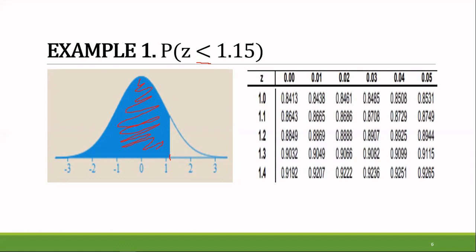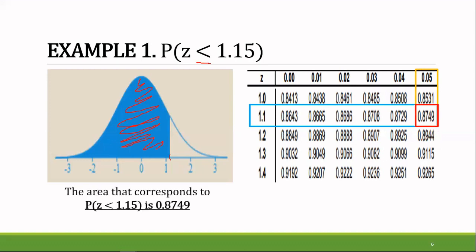Okay, so ito na yung z table natin. Then, we are looking for 1.15. So, sabi ko nga, hanapin muna natin sa vertical part. So, ayan yung 1.1. And then we are looking for the hundredths place, which is equivalent to 0.05. Ayan. So, yung intersection nila is 0.8749. So, we can conclude that the area that corresponds to the probability of z value less than 1.15 is